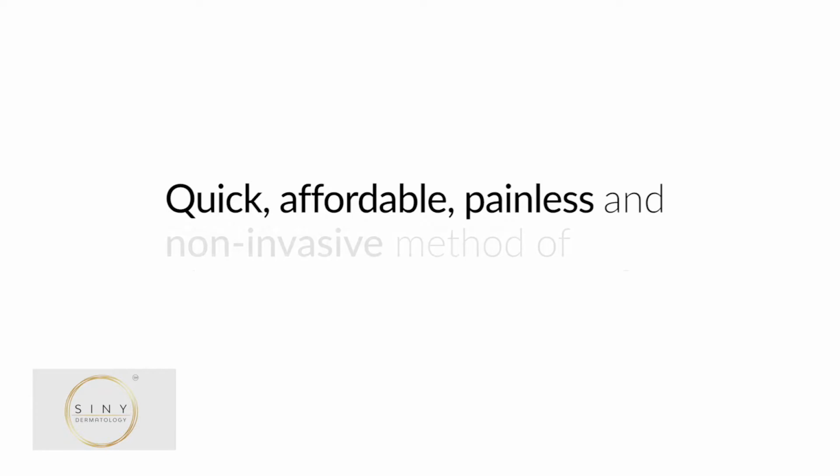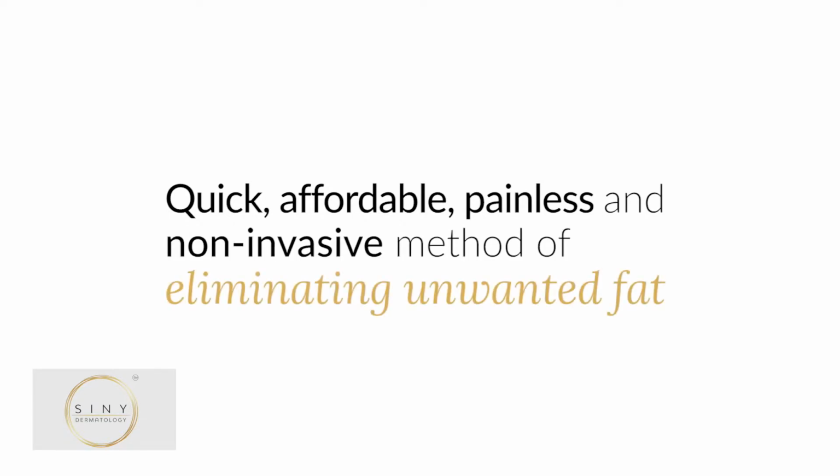Coolsculpting is a quick, affordable, painless, and non-invasive method of eliminating unwanted fat on the abdomen, arms, legs, and chin. It works on the basis of a simple premise. Fat cells freeze at a different temperature than all the other cells in the body. Therefore, when targeted fat cells are exposed to extreme deep cold, they shrivel and die and are excreted in the